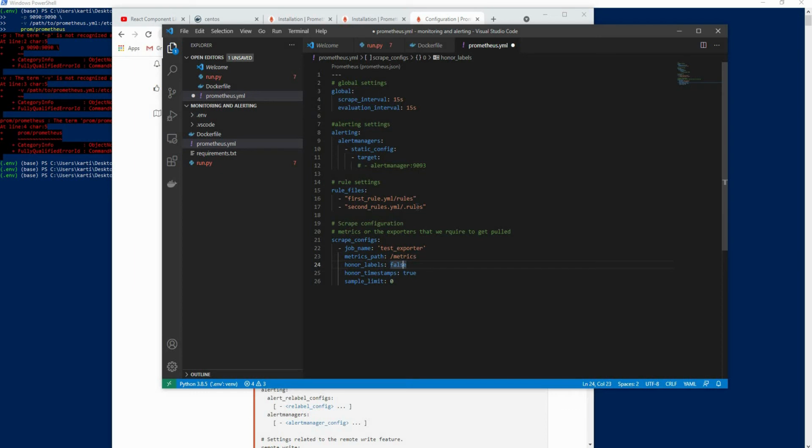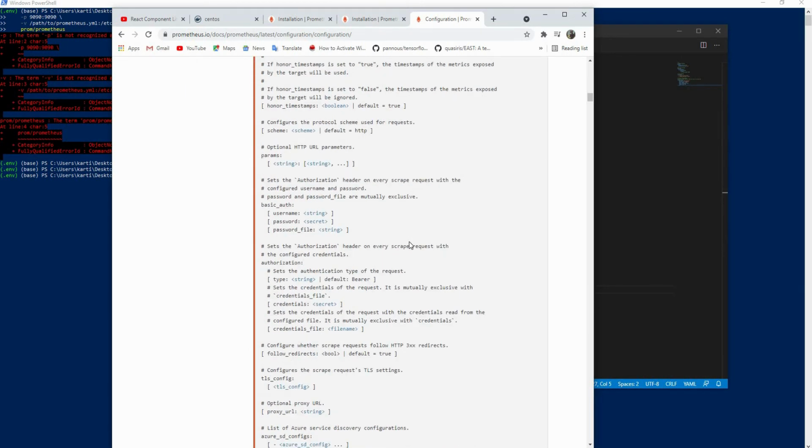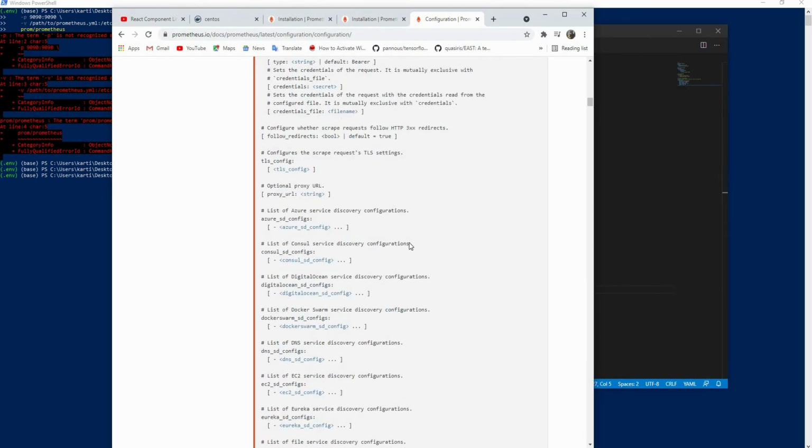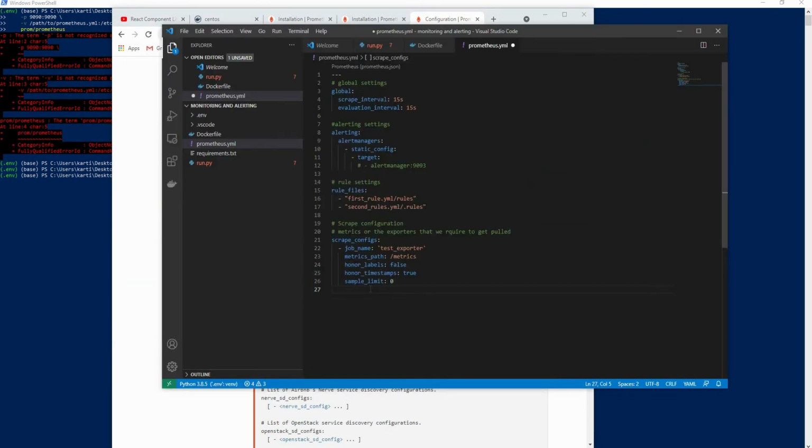We don't need any labels as such. Timestamp, sample limit 0. So these are some settings. You can go into the documentation to understand better what exactly these are, but I'm not going to go that deep.